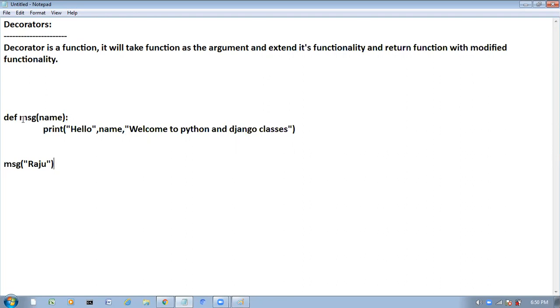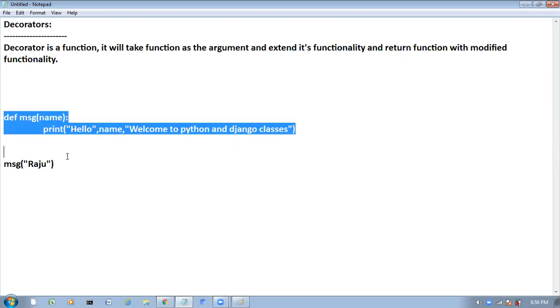So now if I run this program, what output will we get? Please respond once. Respond with your output on the chat window. Ramchandra Garu, please respond on the chat window. If I run this program, what output will we get?